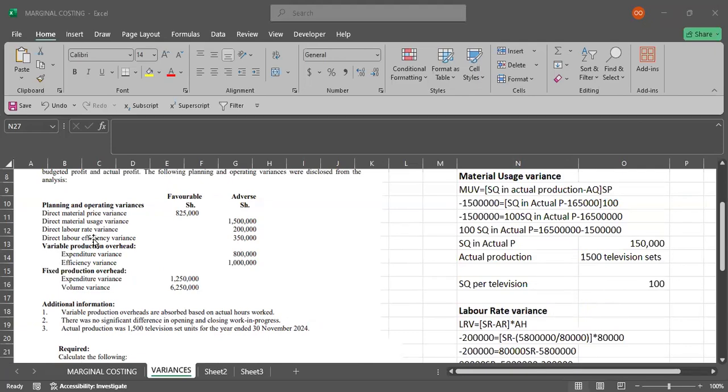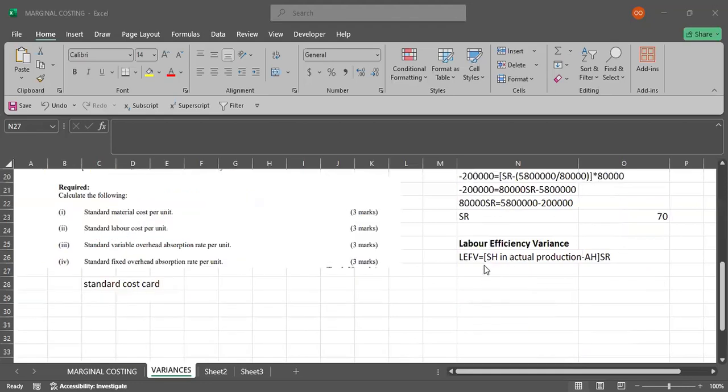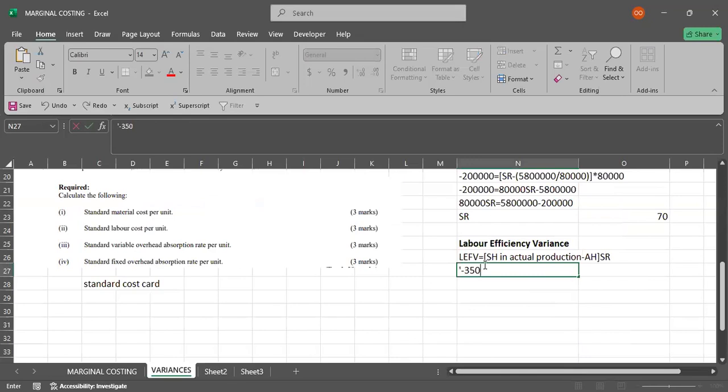Labor efficiency variance. Good. So Fred is telling us here that labor efficiency variance is negative 350,000. To mean it is adverse. Negative 350,000. Great. So let's get the figure. So our labor efficiency variance, that is the adverse 350,000, is equal to standard hours